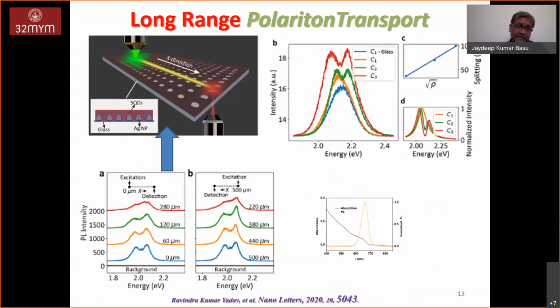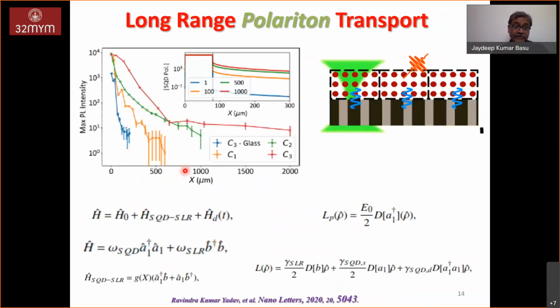What is interesting is that when you look at this spectral feature, for example this picture here, you excite here and you detect, so this is local excitation, but you're detecting non-local, at a distance far away from the excitation, and you can still see this propagating. Here we are able to pick up these modes, even 500 microns I have shown, but you can go even larger, and this is quantified here. For example, you can measure this going all the way well beyond 1000 microns. So it's a very, very long range over which these modes are able to propagate, which makes it very interesting,